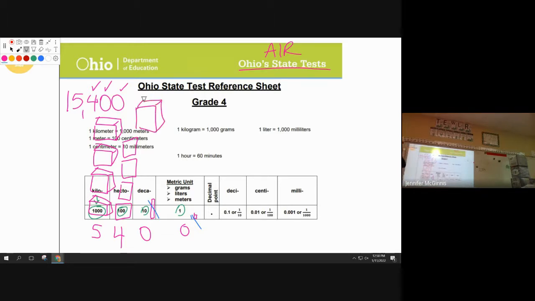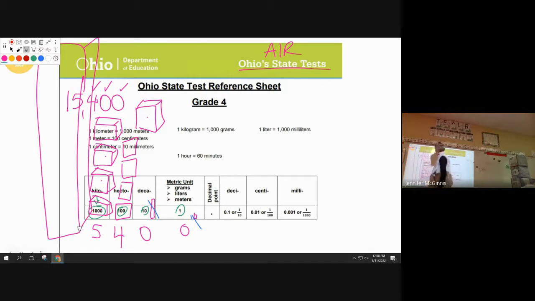Right? So the question is, do I want to draw 10 more of these, or do I just want to grab one of these? Would it be easier to grab a 10,000? Yes. If I had one,